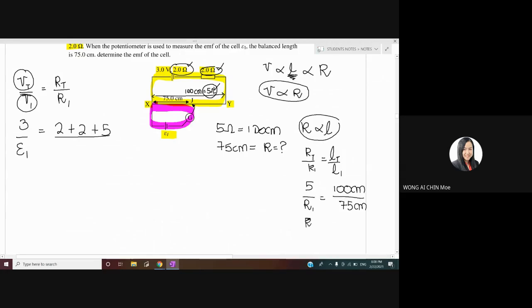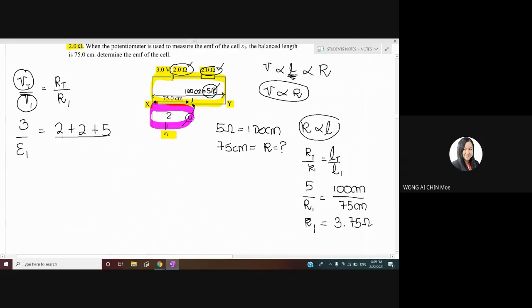Okay, please press the calculator. Find out what is the value of R1 when it is 75 cm. 100 cm is 5 ohm, so 75 cm, you will get, what's the value? Yes, 3.75 ohm. Okay, so we notice that for this small loop, the second loop, the pink color,